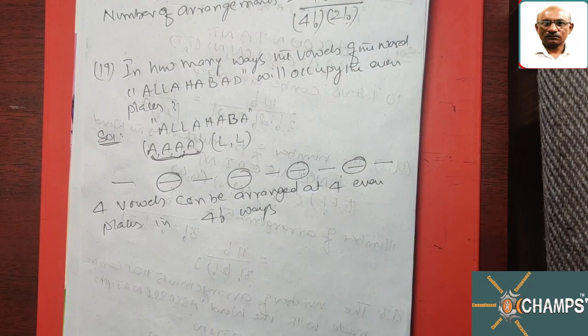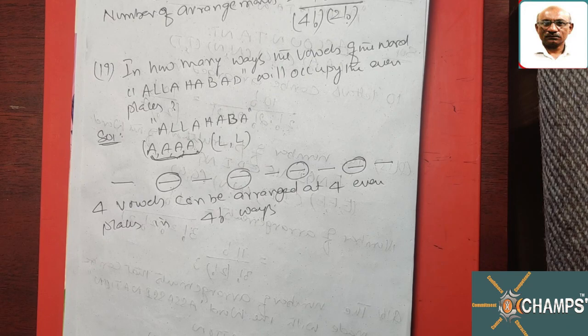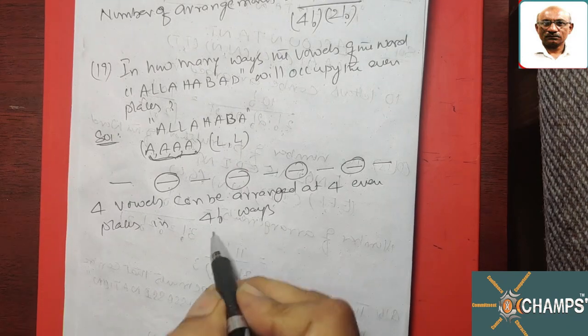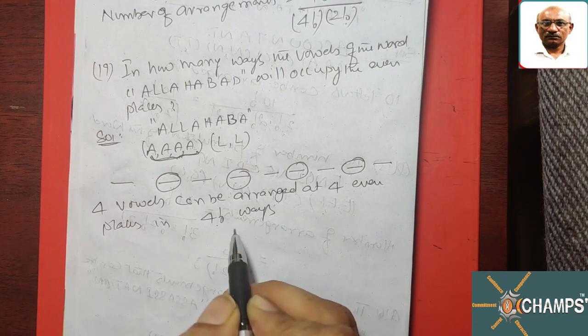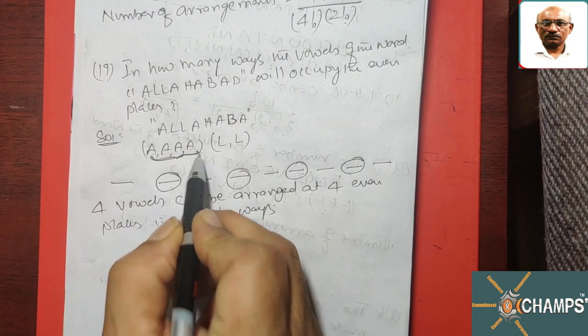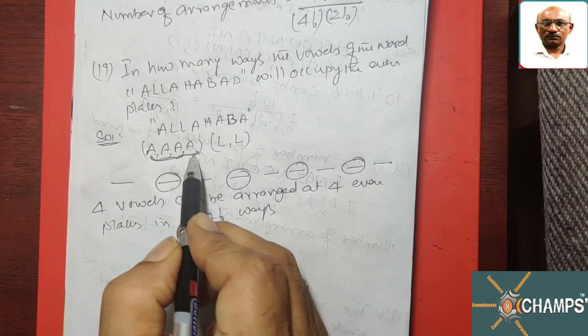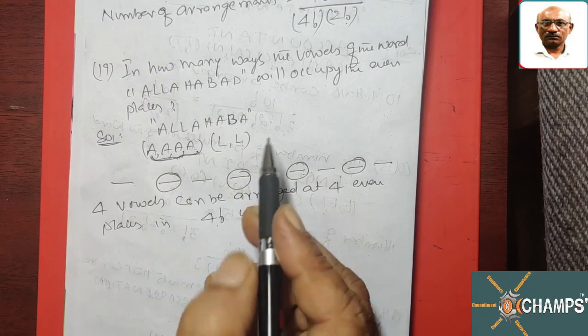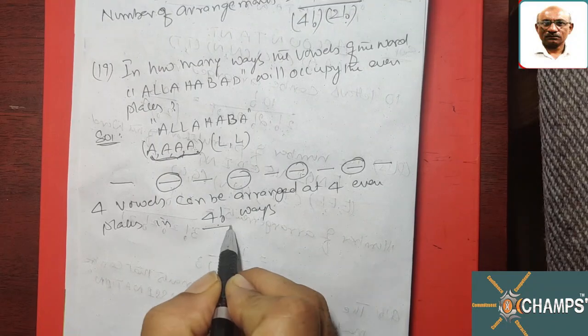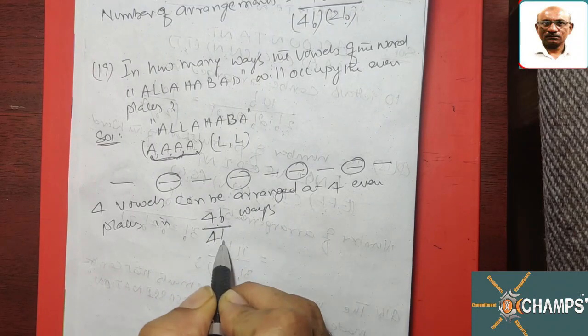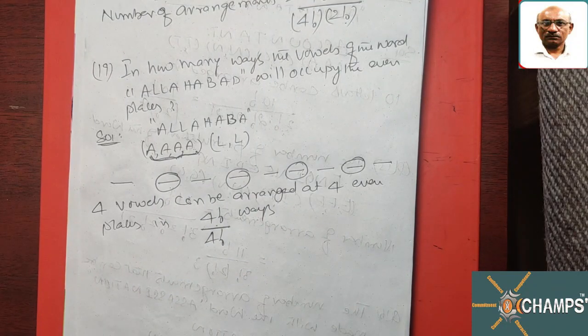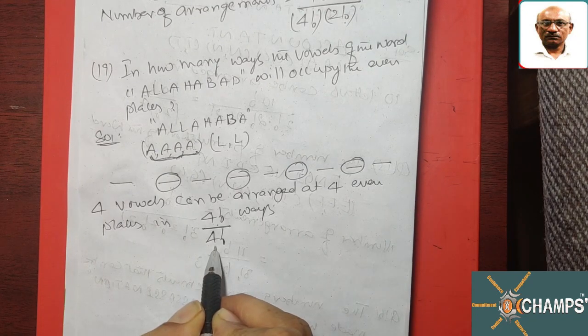This is the answer only when I have distinct vowels. When I have distinct vowels, then I can write it as 4 factorial. But the same vowel is repeated 4 times, identical letter. So, repetition. To avoid the double counting, it is divided by 4 factorial. Look at this, the denominator is always